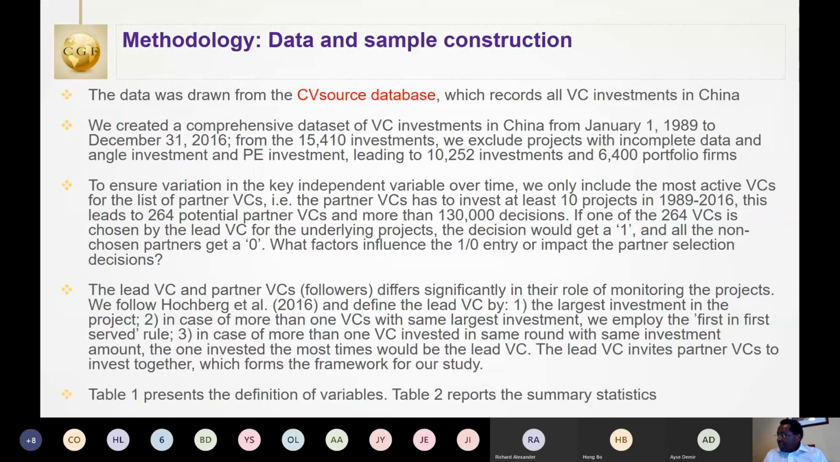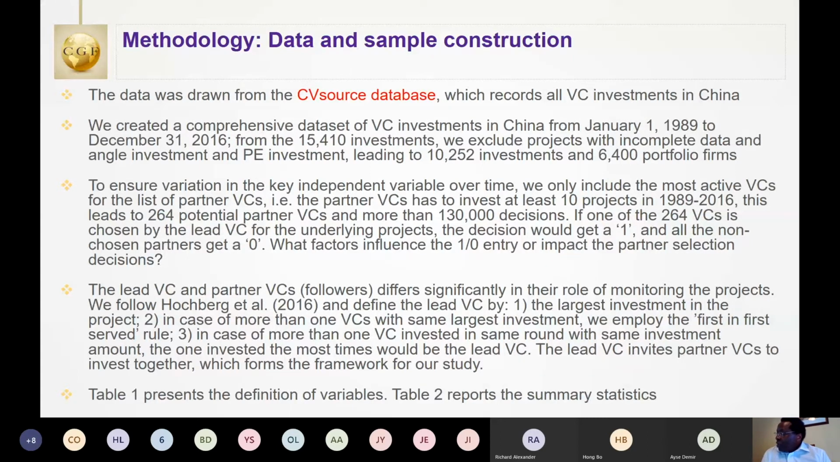In this database, we note that the definition and identification of what is the lead VC and what is the partner VC, which are the followers, we use the classification